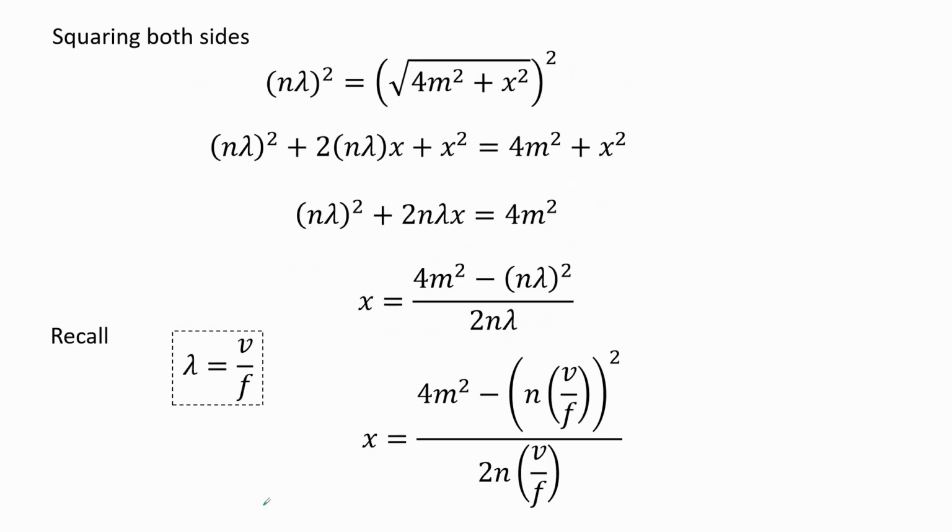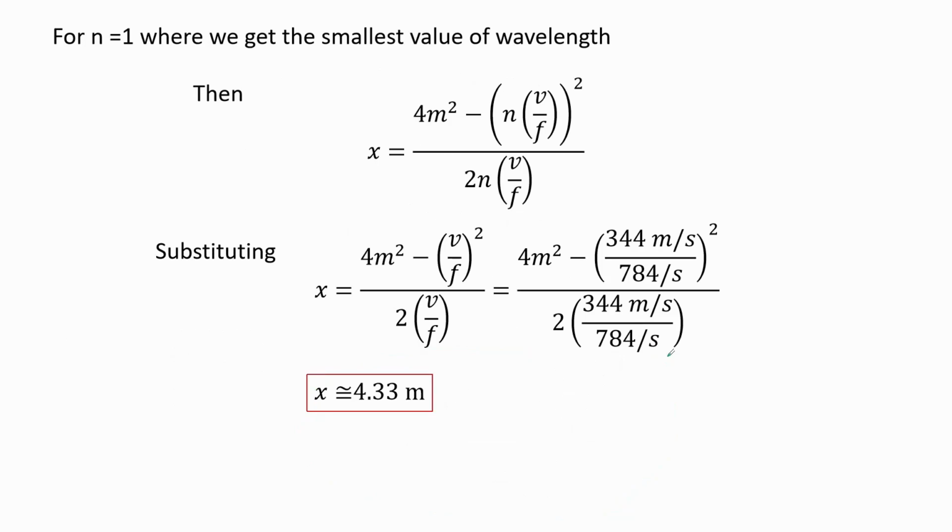We then square both sides of the expression and substitute the expression of the wavelength, then we get a general expression for x. For the value of n we selected 1, not 0, since 0 would not yield a non-zero value for the wavelength. So we get that the value for x or r2 is about